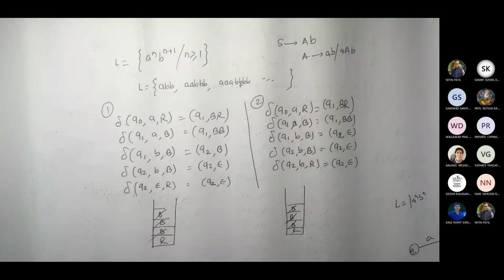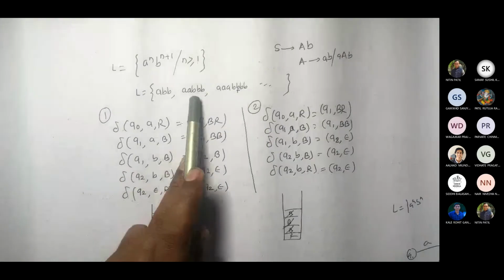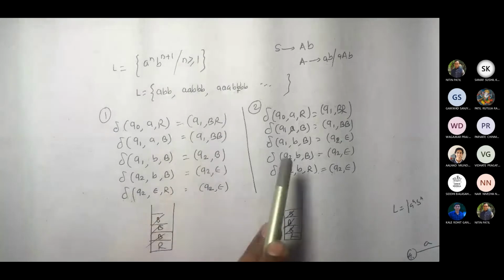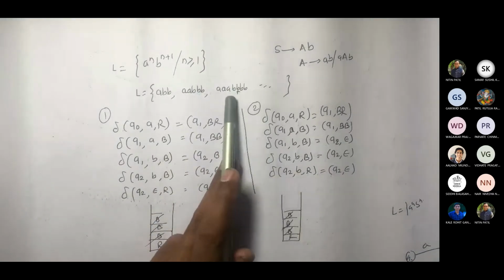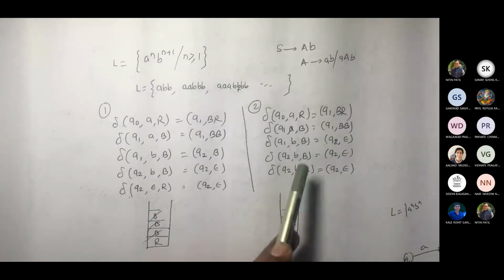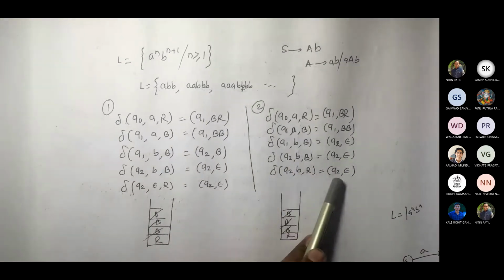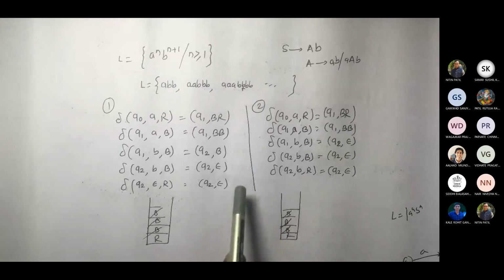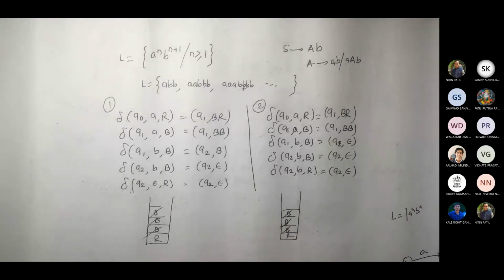Okay, Rohit, can you give me some solution other than these two? Maybe I'm asking Rohit, but anyone can think of this. Can you give one other solution for this problem? Here, as per Rutuja's solution, the first B we skipped and the rest of the B's we popped. Here, for all initial B's, what are the number of A's? I popped for B's, and the last B I popped from R. I popped R from the stack. So if you see, are the solutions different? Where is the difference?